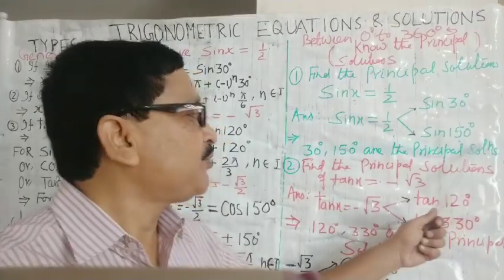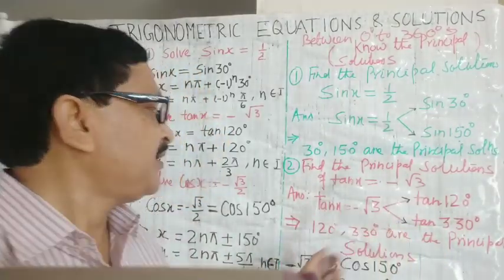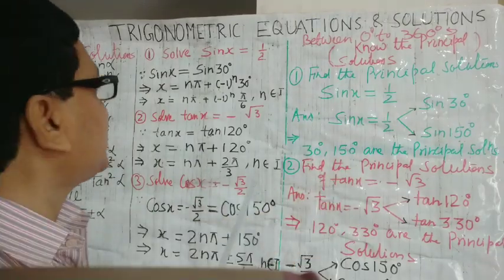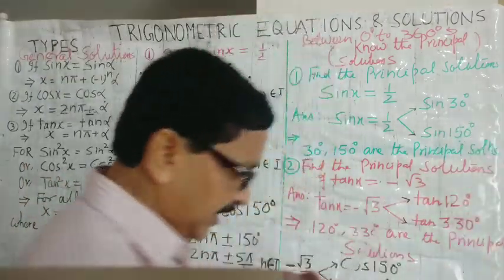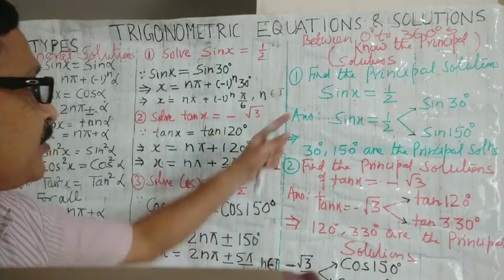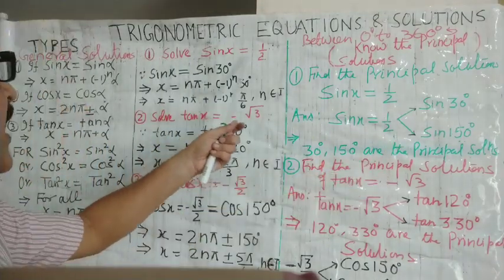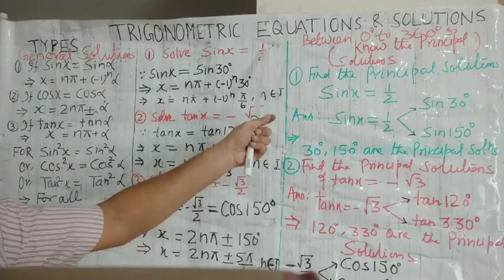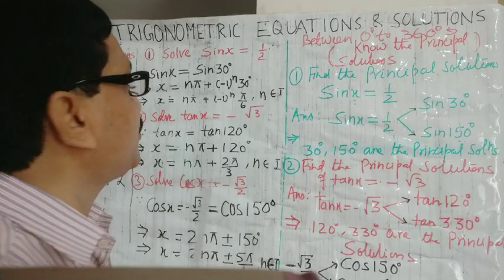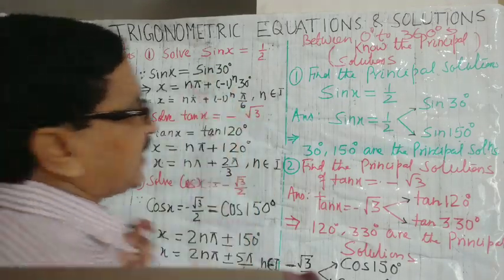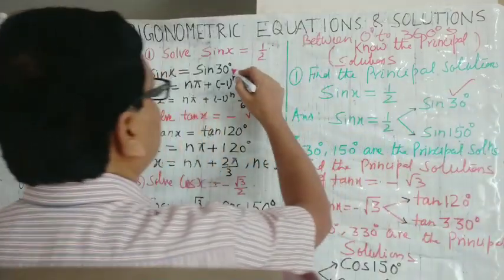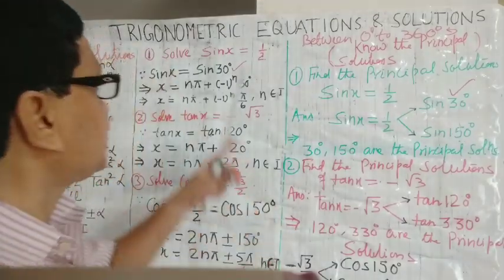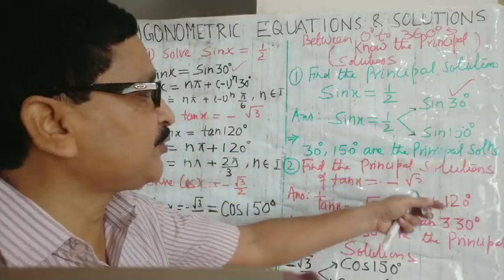If needed, you can change it to radian. Now, out of the two principal solutions, we have to select the first. It should be noted by you. Sin x is equal to half, so sin 30 degree is the first value, the starting value you have to take. So take this 30 degree, not 150. This is for the general solution. So we take the first value, never the second.